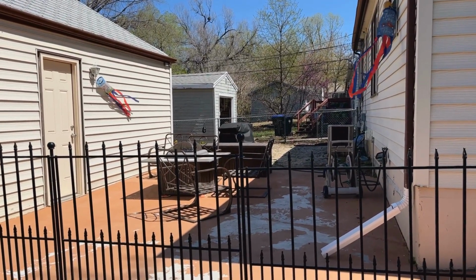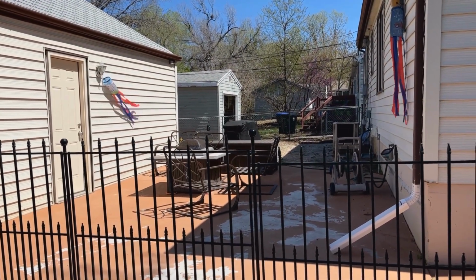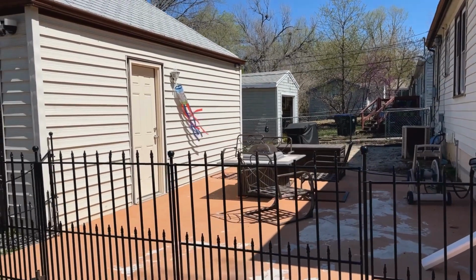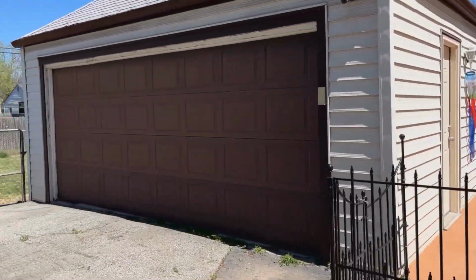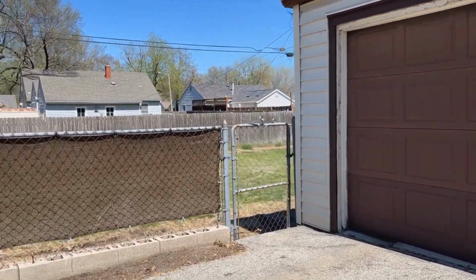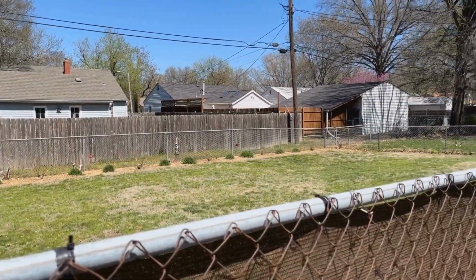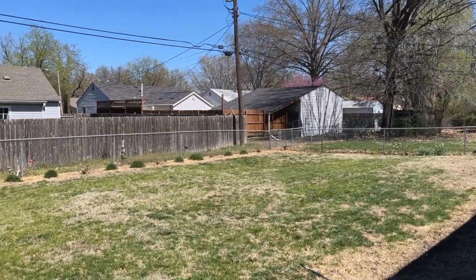Not sure why. We treated everything, but I pressure washed it and I sanded it, and now I'm going to just repaint it, and I have some outdoor rugs I'm going to throw on top to keep it covered. So again, these houses are small and we paid not very much. I'm going to go through some basic statistics of how money really works here in Topeka as far as taxes and school taxes. This is the back